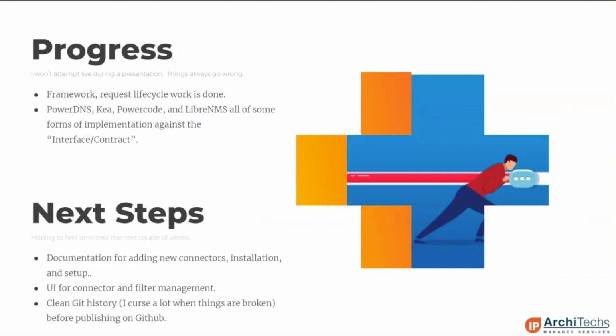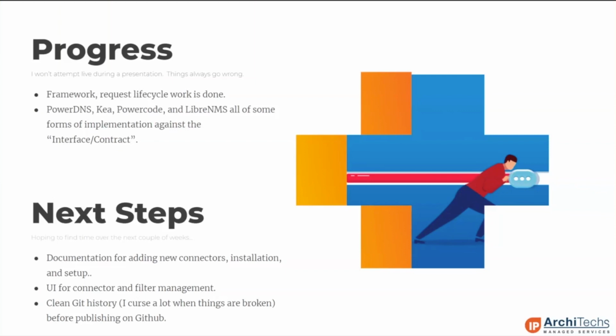So to wrap up here, where we are right now is the framework's done. Most of the architecture is done in a way that at least I can use it. The goal here is to make this open source and publish this within the next, let's just say, a few weeks. I've got to clean up a lot of Git history. I tend to curse a lot when things are broken, so I've got to go and squash a bunch of commits and re-message those. But